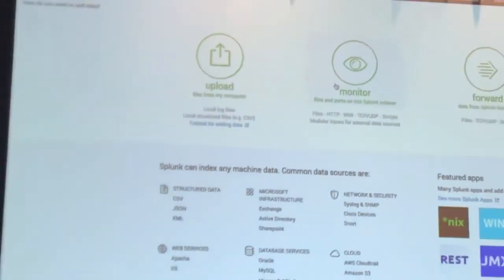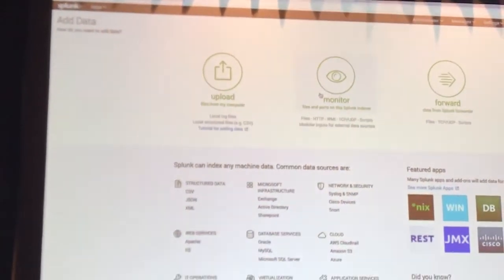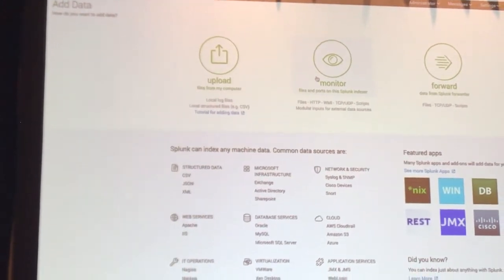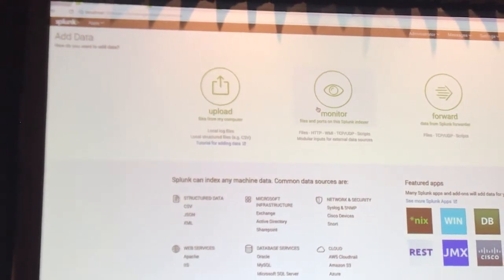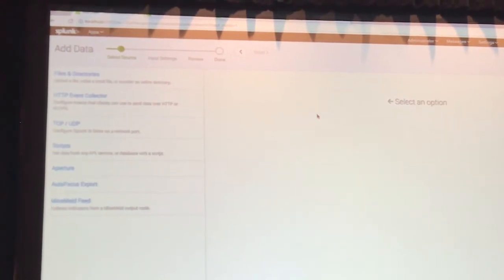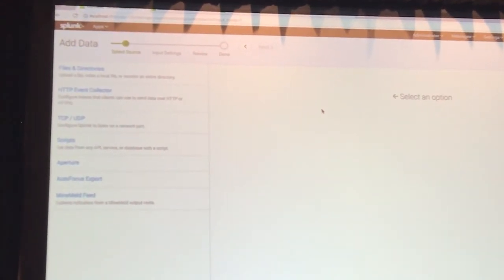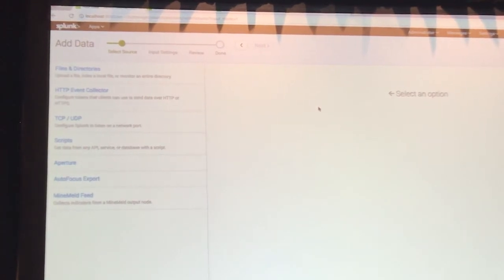That's actually one of the things I'm going to be covering next. So hold that, because understanding how that works and how that's efficient makes a significant difference in the environment. So let's move on to that right now. I'm going to say add data again, and instead of just uploading a file, I'm going to use the forwarder capability. I'm not going to forward it out to somewhere else; I'm going to bring it into myself. Because it's a full instance, I've got the forwarding capability built in. So I'm going to say monitor. This now gives us some different options in terms of how we want to ingest data. The first two, files and directories,